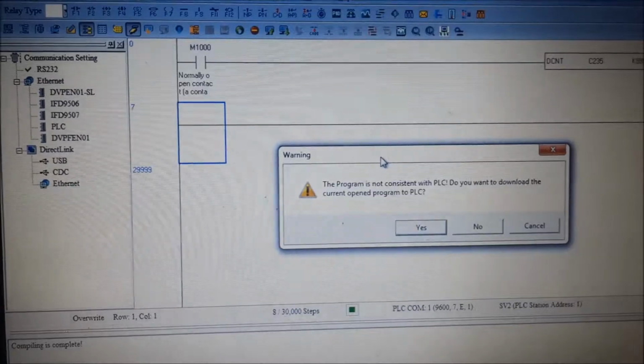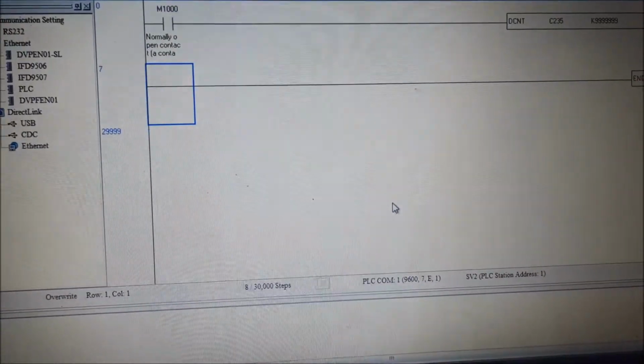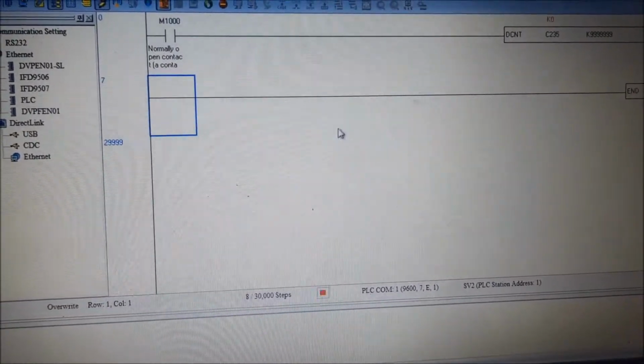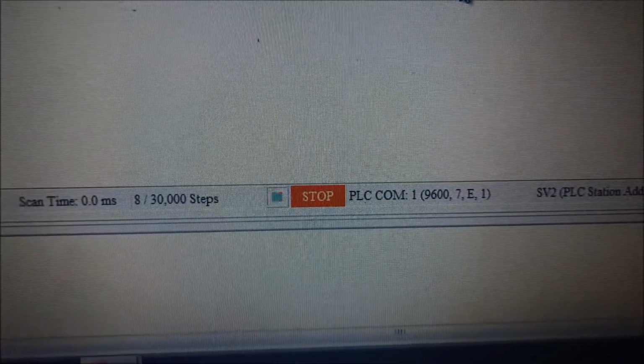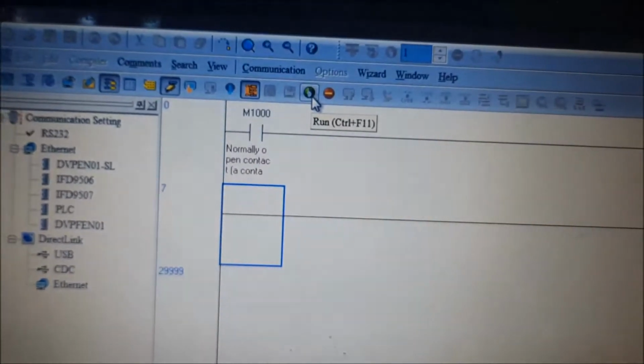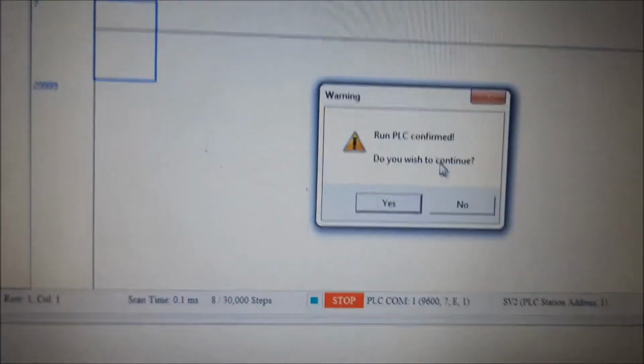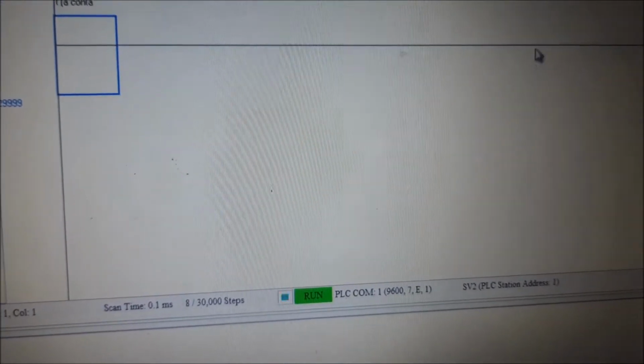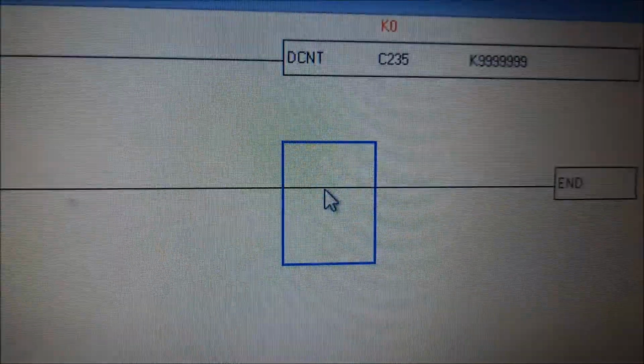So now we are downloading. The program is downloaded. See here, stop mode, so make it online from here. Now the encoder value is 0, and now I am going to rotate the shaft.